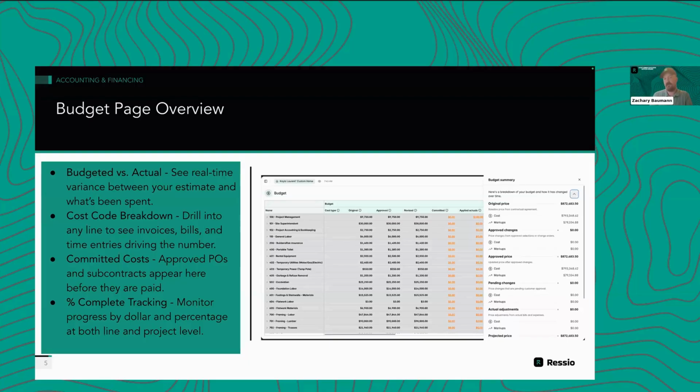And then the other side of that is expense tracking. Your bills and expenses still come in through the QuickBooks integration. So there's not a direct connection for bills and expenses from Ressio to Adaptive or vice versa. Essentially, you can either enter your bills and expenses into Ressio, sync those to QuickBooks, and those will pull over into Adaptive if you're using that tool, or the other direction. You can enter your bills and expenses into Adaptive, those will then sync into QuickBooks and pull into Ressio.